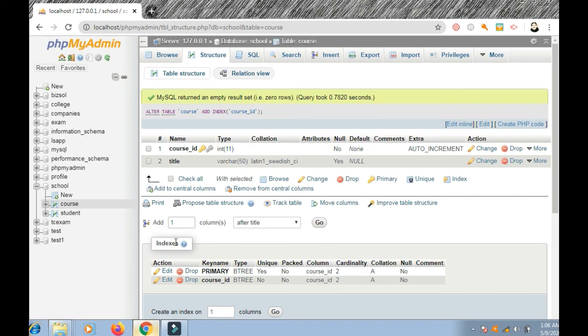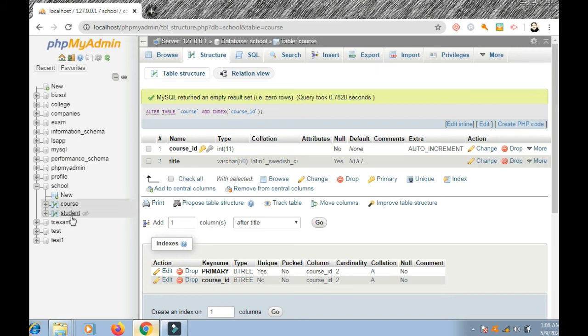These are indexes, and this is course ID. So it is binary tree. You see, this is binary tree and this is course ID 2. Okay. This index has been created on this. First index is primary key and second is the index on course ID.